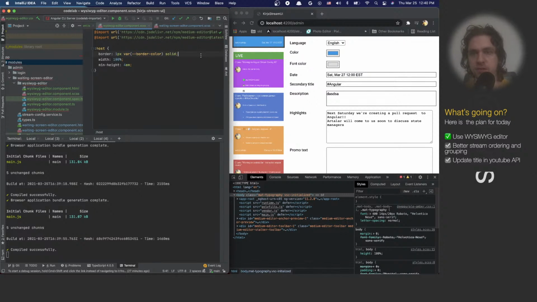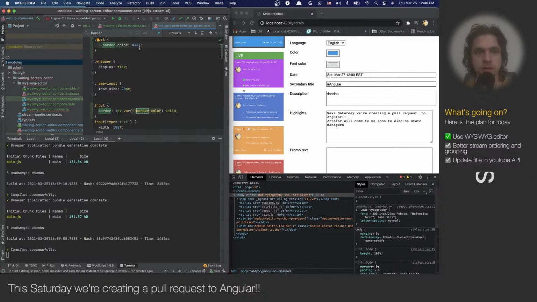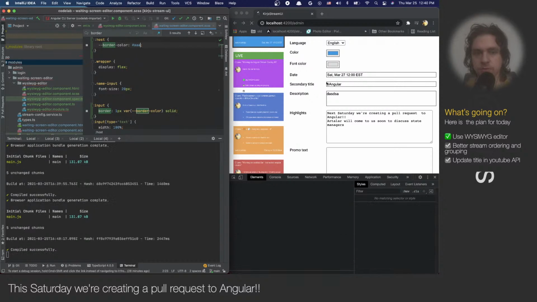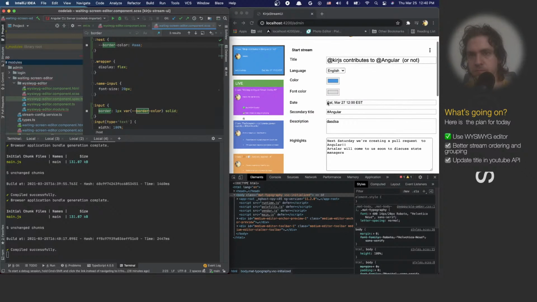And now we have consistent border color everywhere. That's nice. Let's make it brighter. I don't know, AAA. Let's see how this works. Good enough. And then I do want to have,